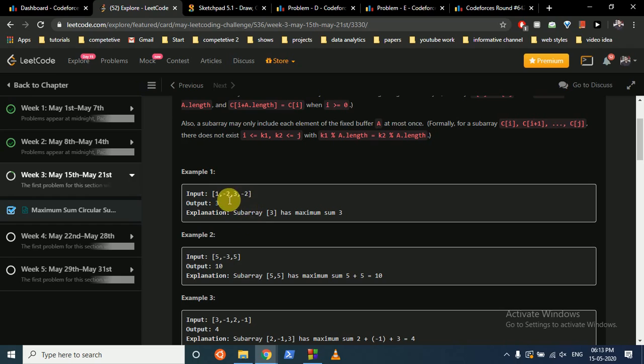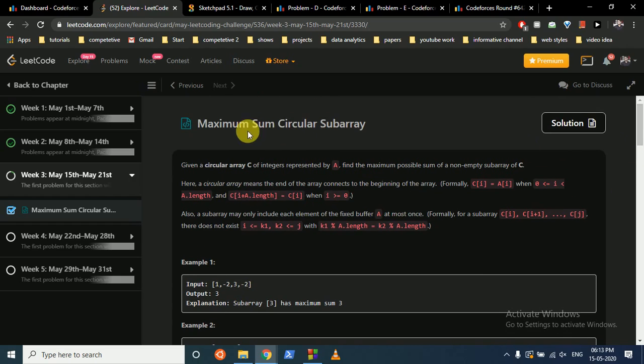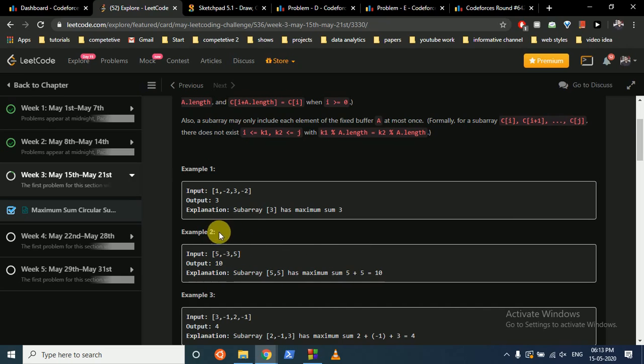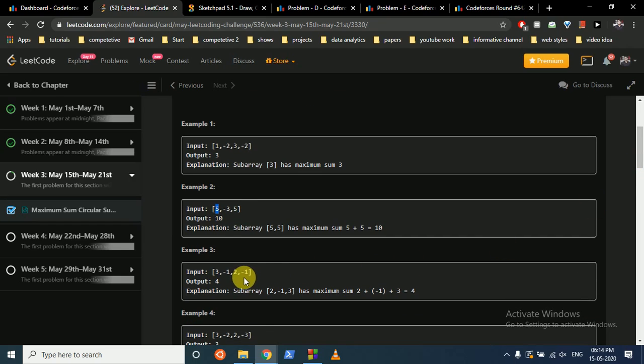But because the question statement states that it is a circular array, it means you can go back to the start. If it is not circular, the maximum value you can get from this is you add all these 3 and the answer is 7. But because it's circular, you can take this element, go back to the start and take this element. So the answer is 10. I hope you understand. In this case, the maximum value is this, which is 4, and you are not wrapping around. But in this case, you are wrapping around.